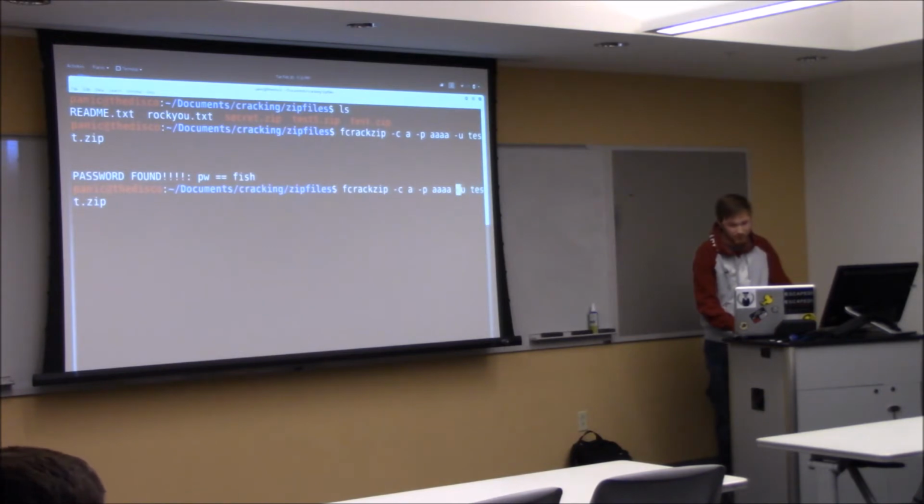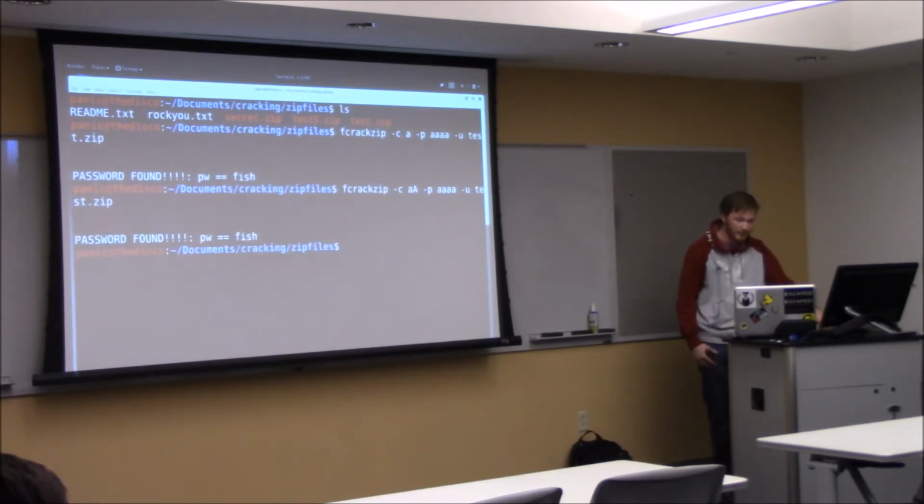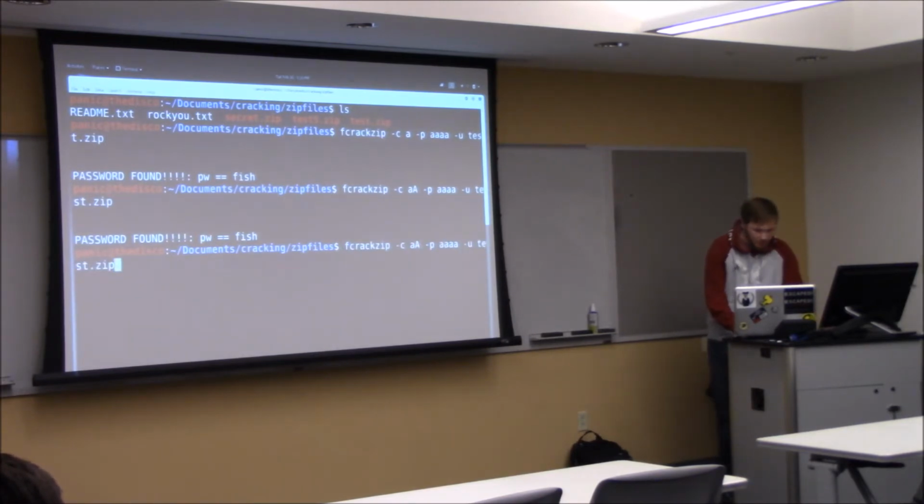But if you expand the character set just a little bit, instead of only lowercase letters, you do lowercase and uppercase letters, it will take considerably longer. I think this takes about 12 seconds or so to crack. Yep. And then same situation if you do a longer password. So like if I do one for test 5, which is a 5-character password,